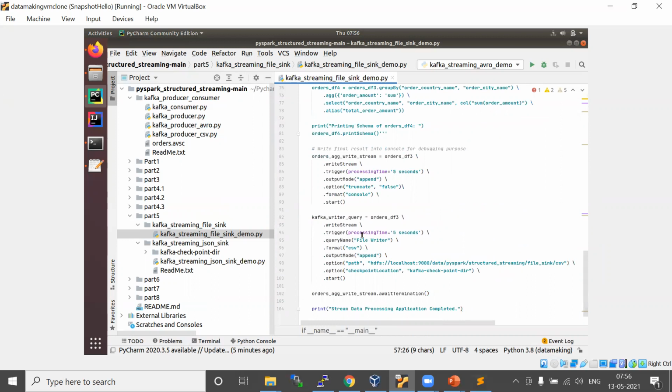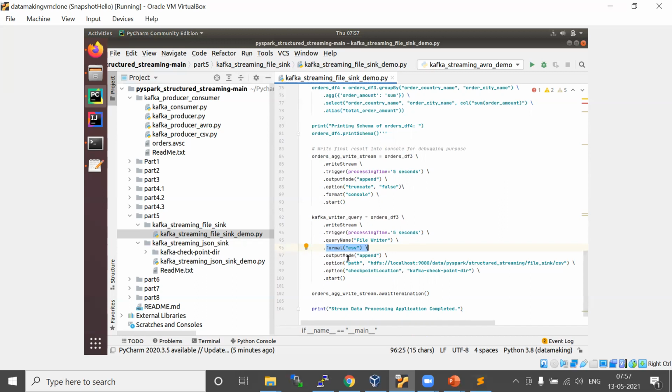We were using a console sink, where we just write into the console. You change the format, instead of console you make it CSV, and the mode, as we know what mode we need to use, and the path.